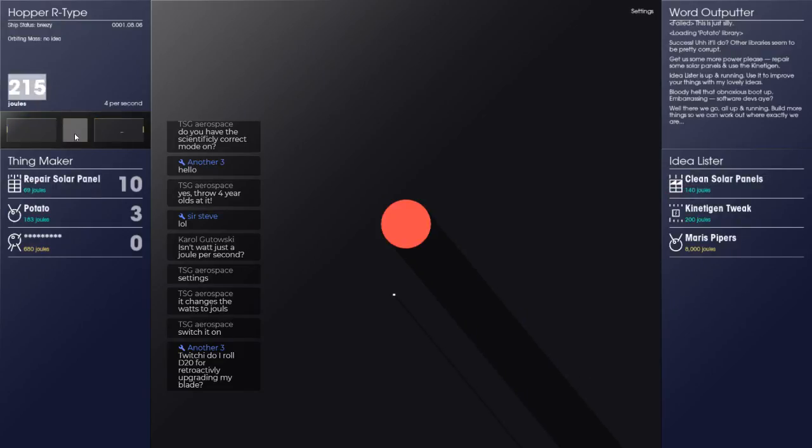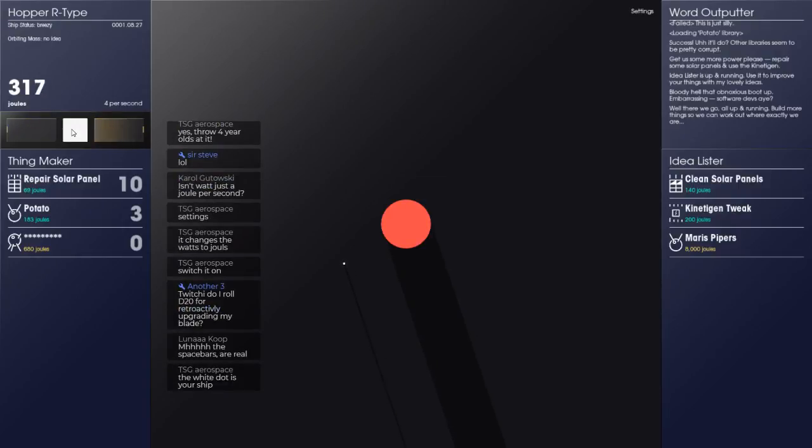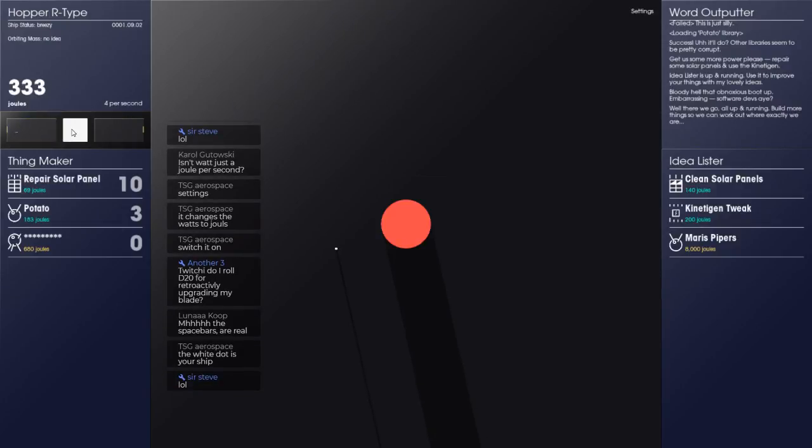That's amazing. Just amazing. I rolled D20 for retroactively upgrading your blade. No react. I will come down right now and tell you I will never allow a retroactive action unless something happens right at the end of a session. And then at the beginning of the next session, I go, don't worry about that, guys. We're going to pick up from 5 seconds before that. That sometimes happens. But, okay.